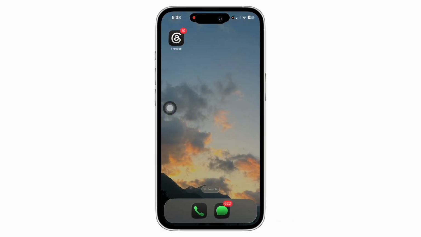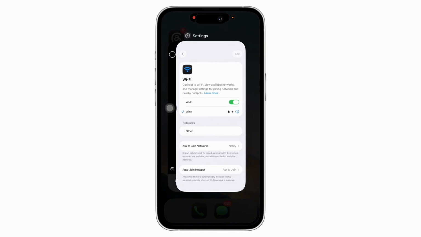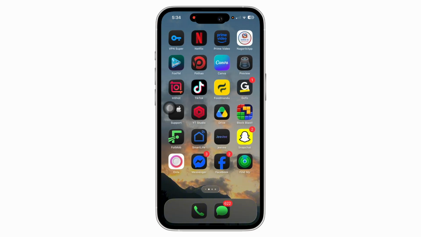See if that helps, and if not, then go back to your home screen and swipe up on your home screen, and you will be led to the app switcher. Go ahead and simply quit all the apps along with Sendit and Snapchat, and once you restart the app, open the apps again and see if that helps you in connecting,